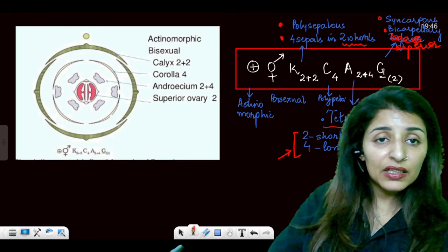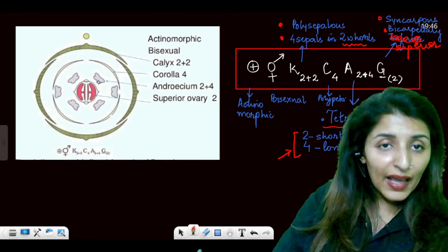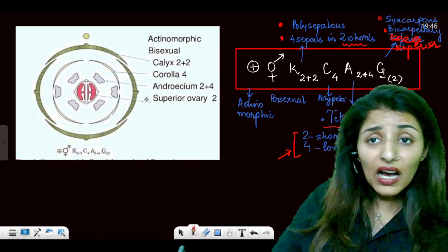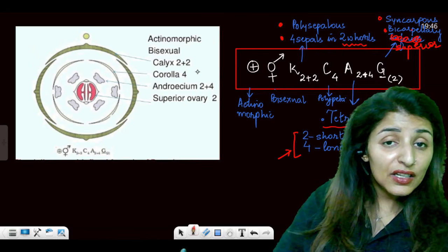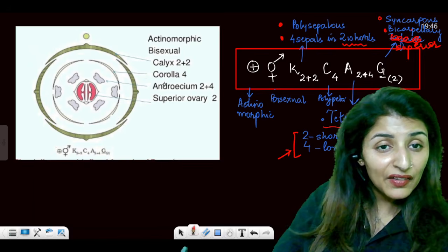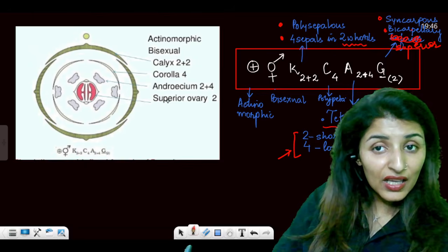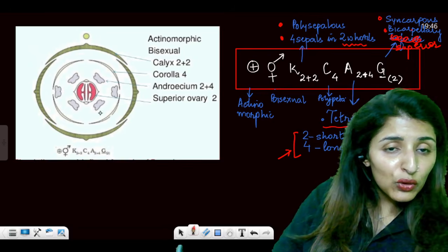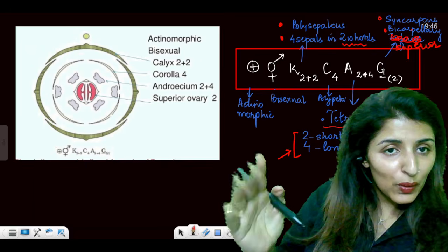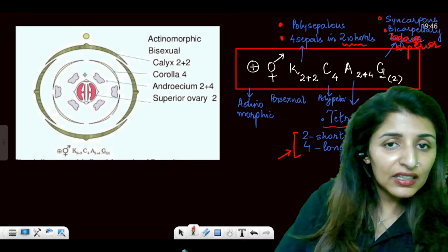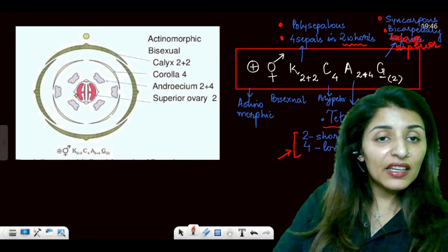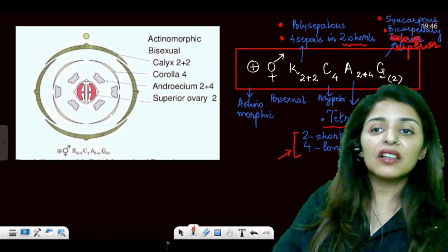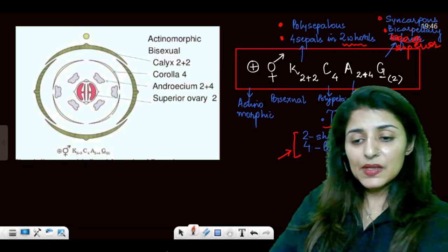I hope these points are clear to all, and see the floral diagram here. So calyx 2 plus 2. So 2 plus 2 indicates that they are present in 2 whorls. Talking about the corolla here, valvate condition. Do you see it? And they are not fused. Then androecium 2 plus 2. So do you see that 2 androecium are on the outer wall and these are the short ones, while the 4 drawn on the inner circle, these are the longer ones. And then there are 2 carpels clearly visible within a common circle, which means it is a syncarpous condition.